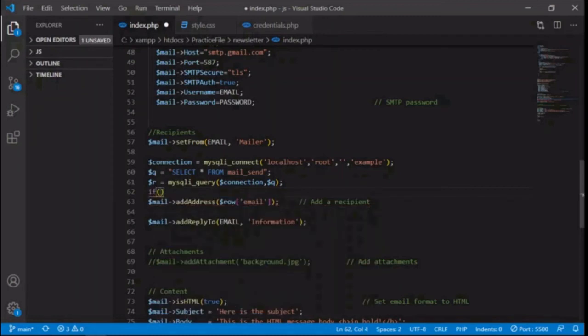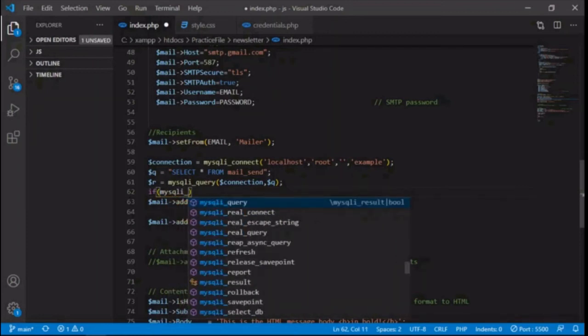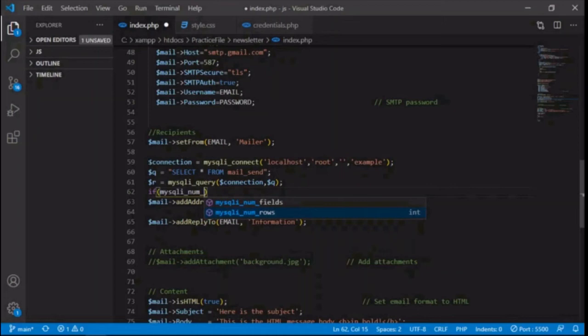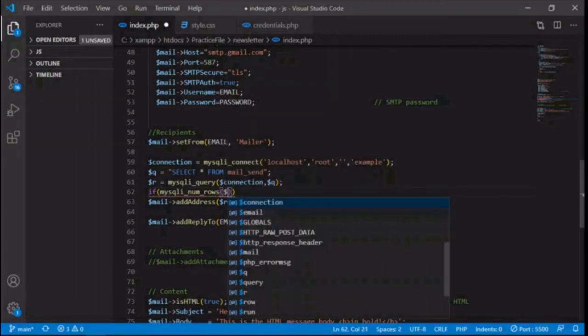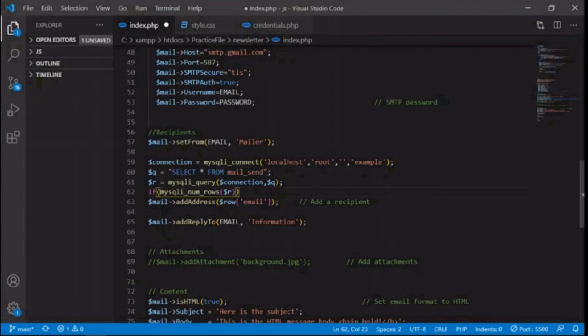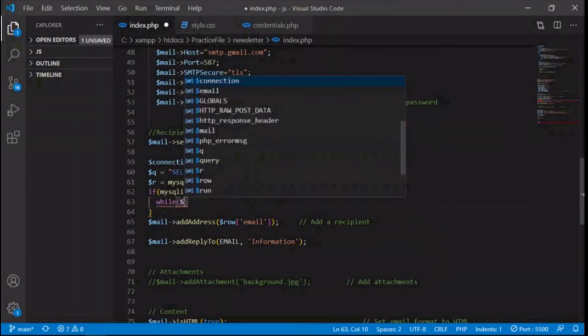Next check if we are getting some record from the database. MySQL num rows is used to check how many records we are fetching from the database, and this requires the run variable. So we check if that record count is greater than 0. Then run a while loop for fetching all the email addresses.